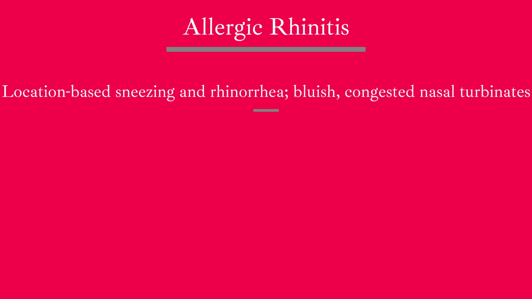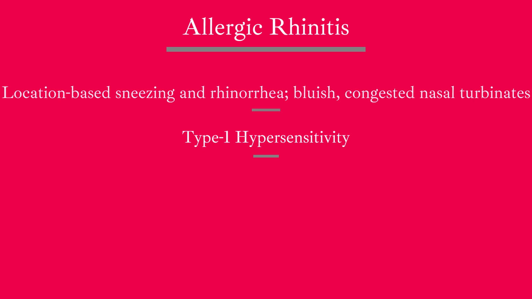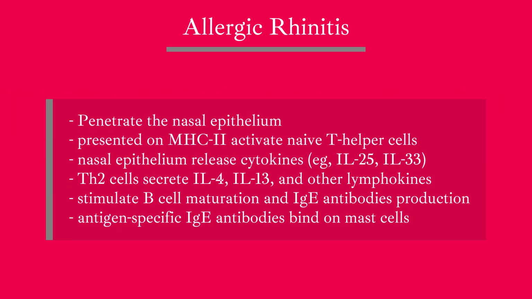Allergic rhinitis is a form of type 1 hypersensitivity, a process that involves sensitization and elicitation phases. Sensitization occurs when inhaled antigens penetrate the nasal epithelium and are presented on major histocompatibility complex 2, causing activation of naive T helper cells. The release of cytokines, like interleukin-25 and interleukin-33, from the nasal epithelium causes T helper cells